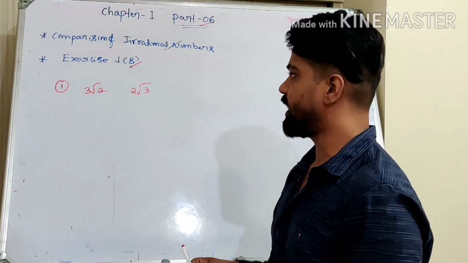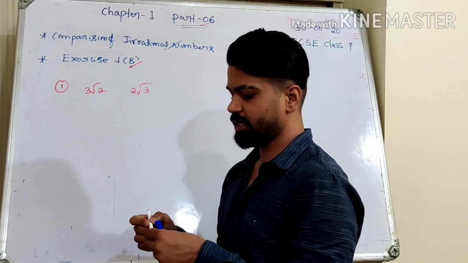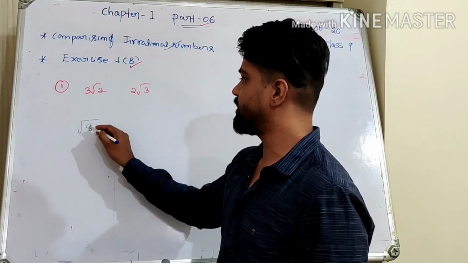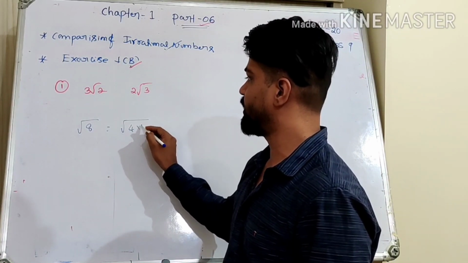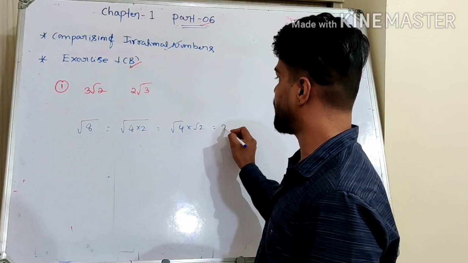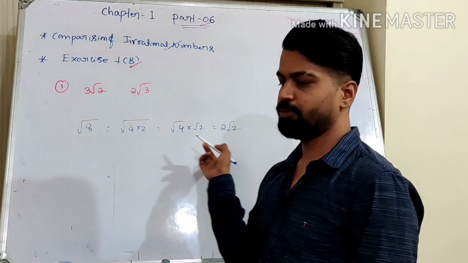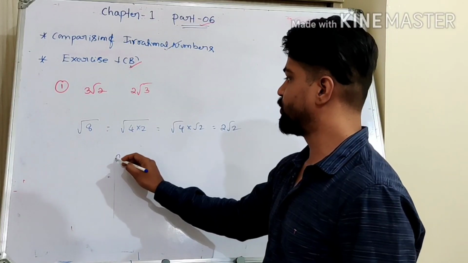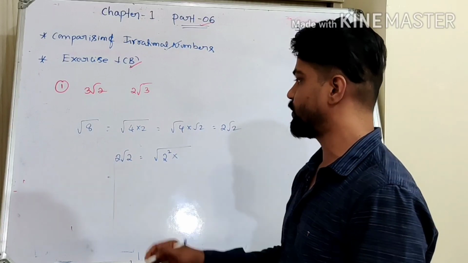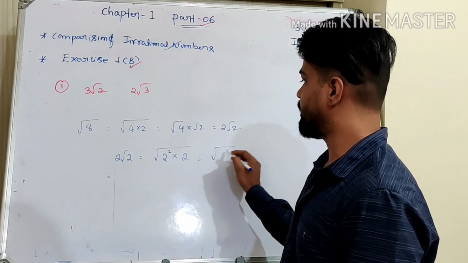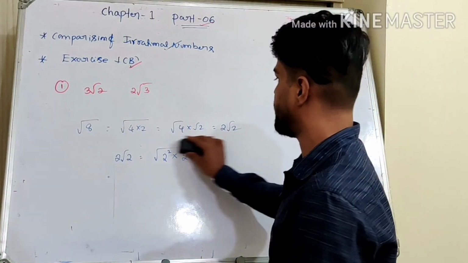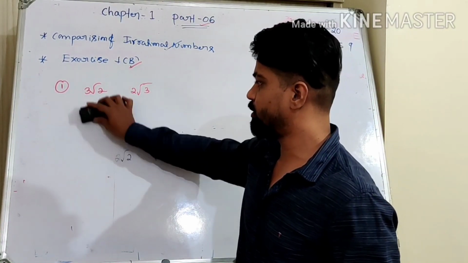So what I can do is some simplification. I can get this 3 inside the root. For example, if I say root 8, we can say it is root of 4 into 2, right? Then root 4 into root 2 will become 2 root 2. If I want to bring that back to root 8 format, 2 root 2 can be brought back by getting the 2 inside the root, so it becomes root of 2 square into 2, which is root 8. This is the same approach I'm going to use now. This is not required for this example; I just explained how to do it.